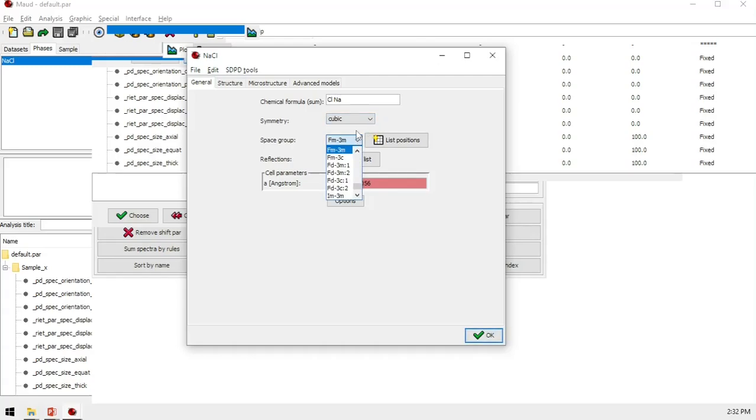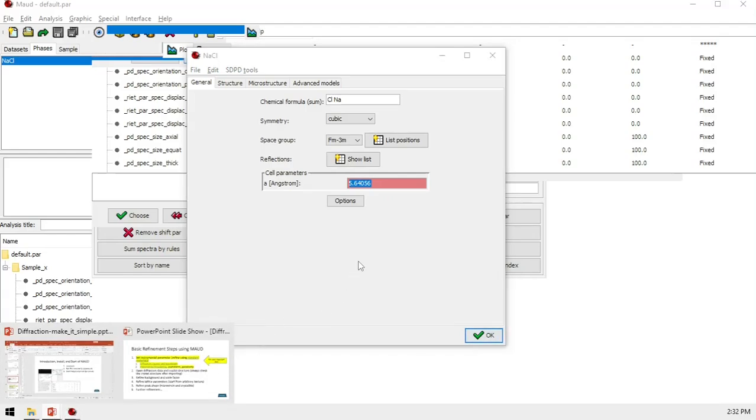In the refinement, you have to know which space group, because sometimes you see a similar crystal structure but unfortunately you have a different space group, and you will have a different diffraction pattern. And then one of the important things is the cell parameter.